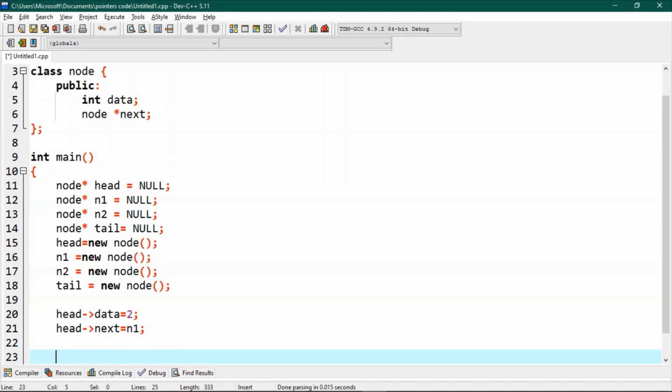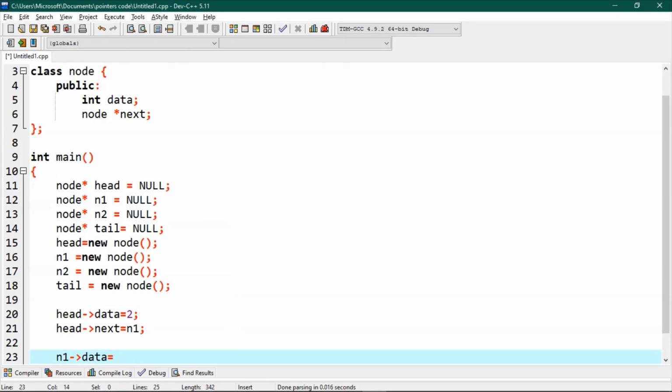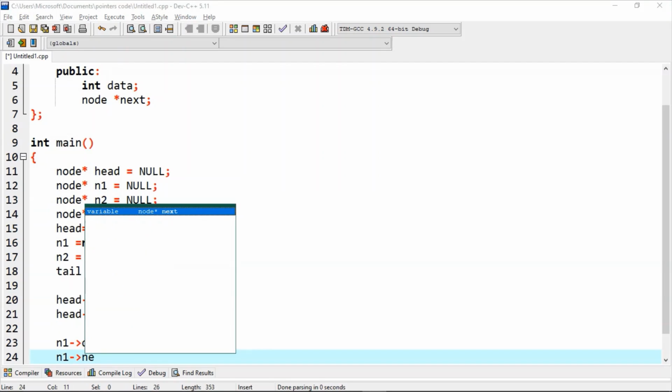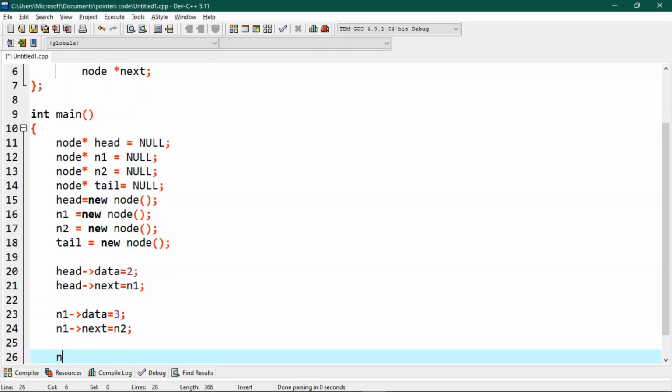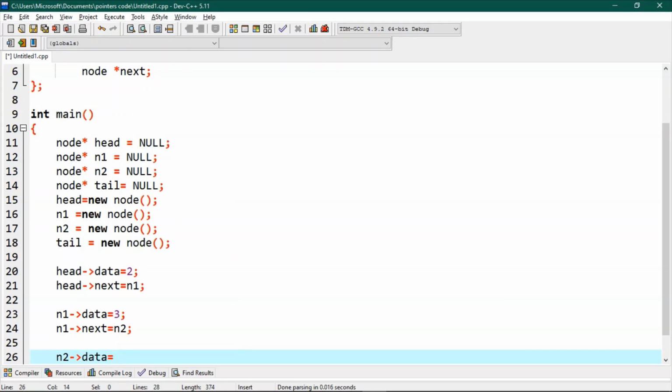Now let's create other nodes as well. N1 arrow data is equals to, let's give it 3. N1 arrow next is equals to N2. N2 arrow data is equals to 5.